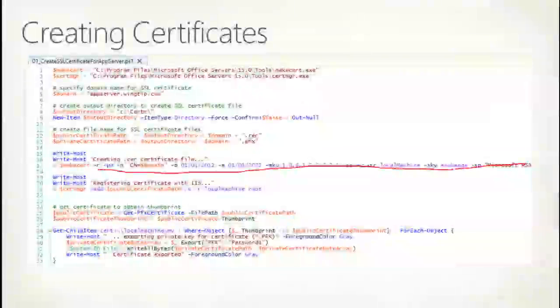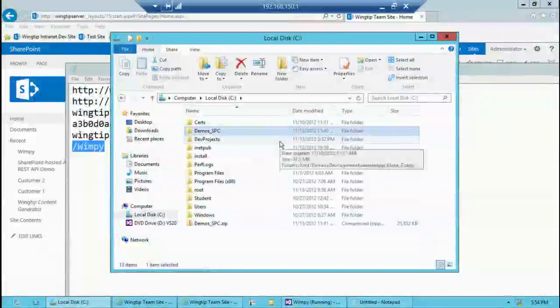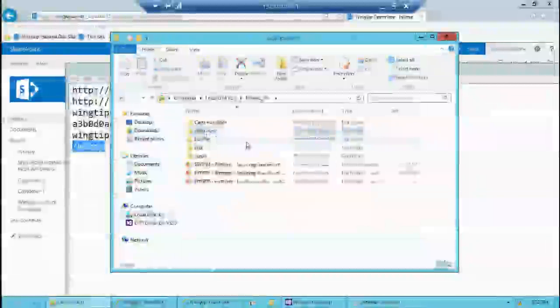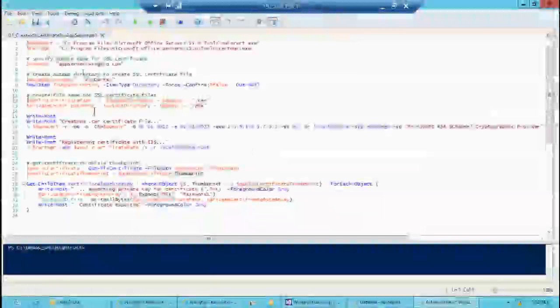So when we look at this first call right here, there's a call that we have to make to makecert. And this call to makecert goes out far, far to the side. In fact, let me switch over to my machine. Over on my machine, here's the directory of the zip file that I have on the Critical Path training site. So anyone can get all the code I'm showing in this and my two previous sessions, as well as the slides. But if I go into high trust, and we take a look at this right here, here is something that we can run. And so when we call makecert,